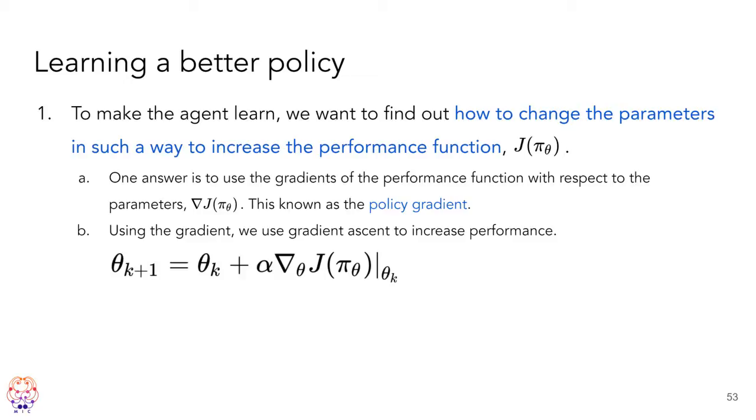To do this, we use gradient descent, or the negative, gradient ascent. So basically, we could take the negative of our performance function and treat it as a cost function for deep learning. If we did that in our code, it would look like that. And we just use the traditional gradient ascent update. So it's ascent because it's plus instead of minus. And we take the gradient with respect to our policies there.